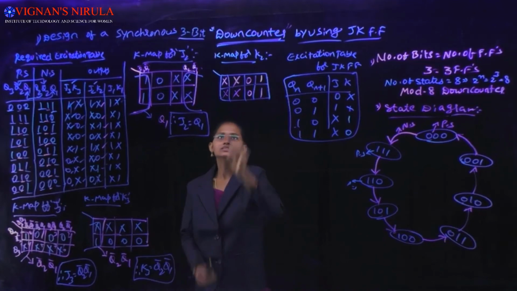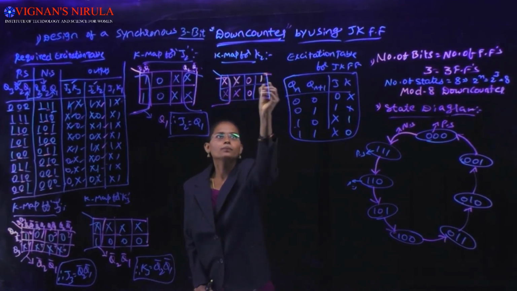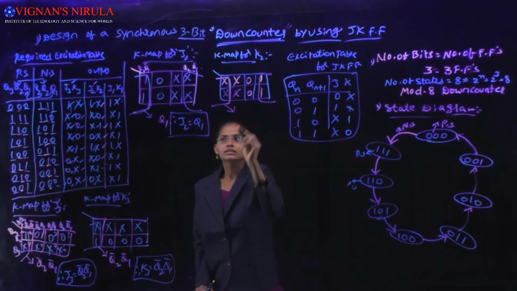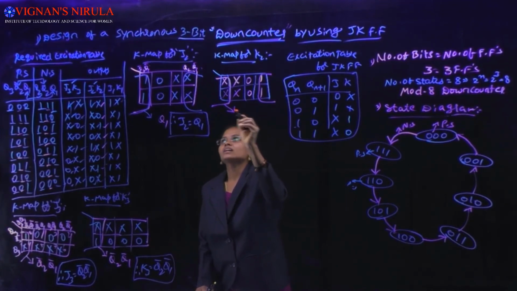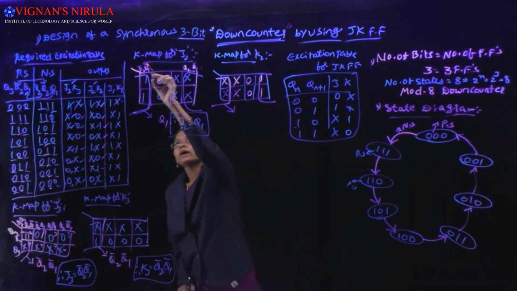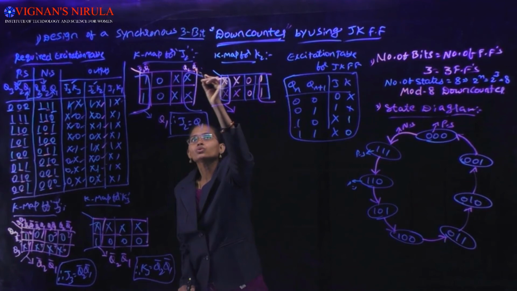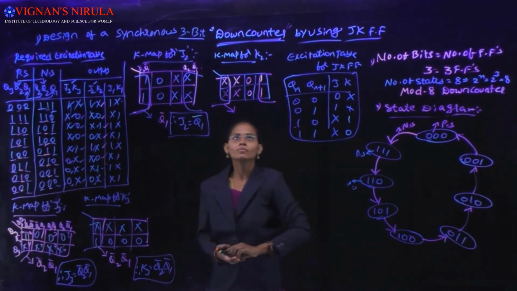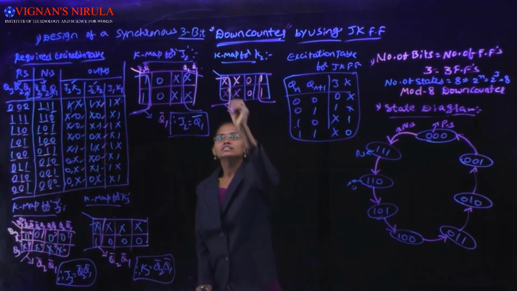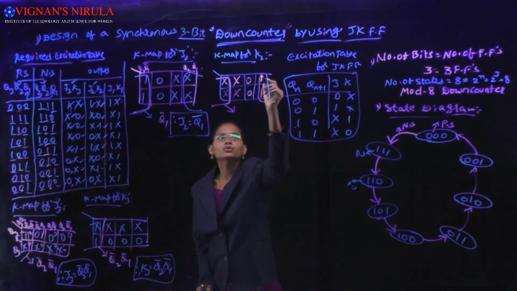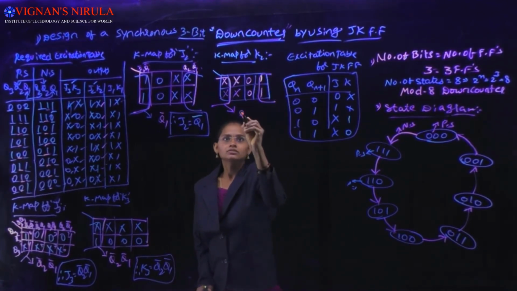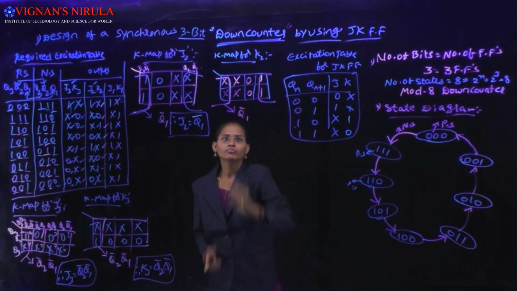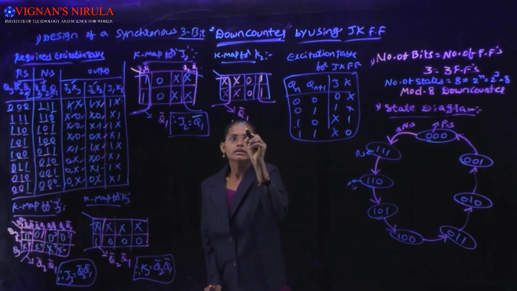Here the grouping is these 4 cells grouping. In this the common variable is here also Q2 bar, Q1 bar. This is Q2, Q1 bar. Here bar is indicated. Okay. And next this one also Q2 bar, Q1 bar, Q2, Q1 bar. This one also Q1 bar. Then finally K2 equal to Q1 bar.